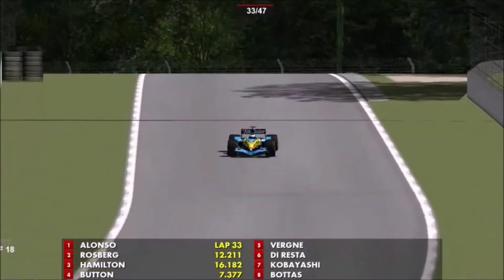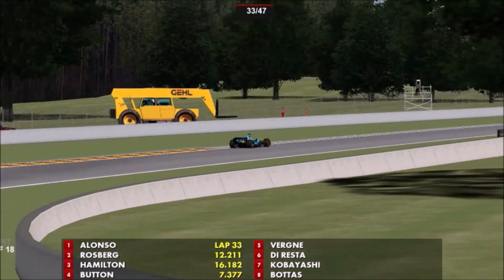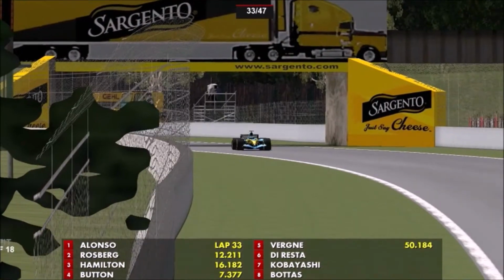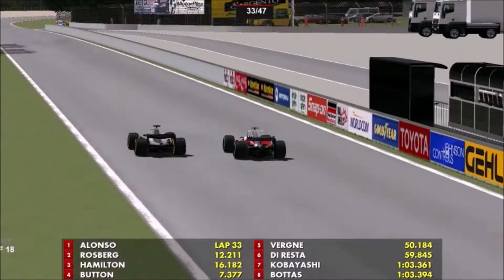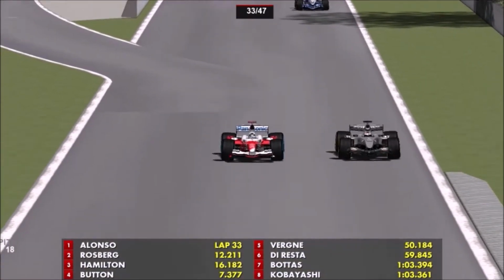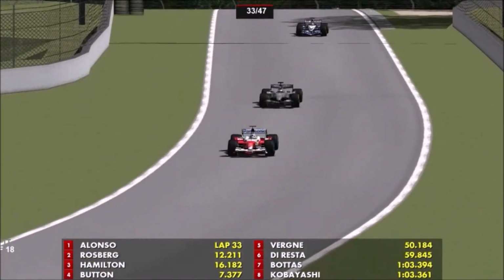7.3, that's probably going to be more like 9 by the time he's up to speed. That was 7.3 behind Alonso when he crossed the finish line. So I think he's probably about 14 seconds or so behind Hamilton. Right, okay. Which, 15 laps to go, I think is doable. Yeah, he's got to get past him as well, though. I don't know what overtaking's like on this circuit on GP4, but...